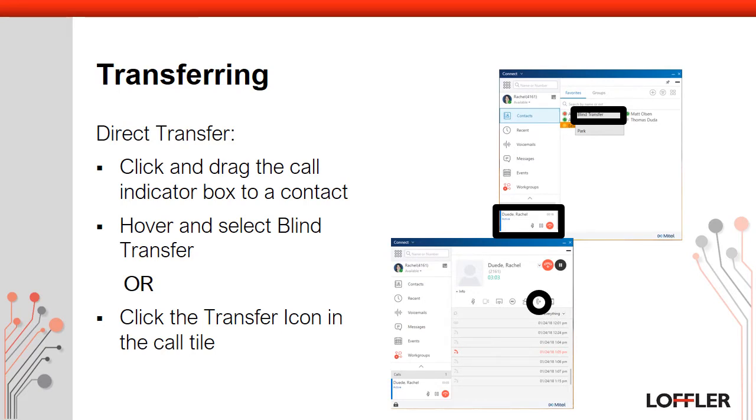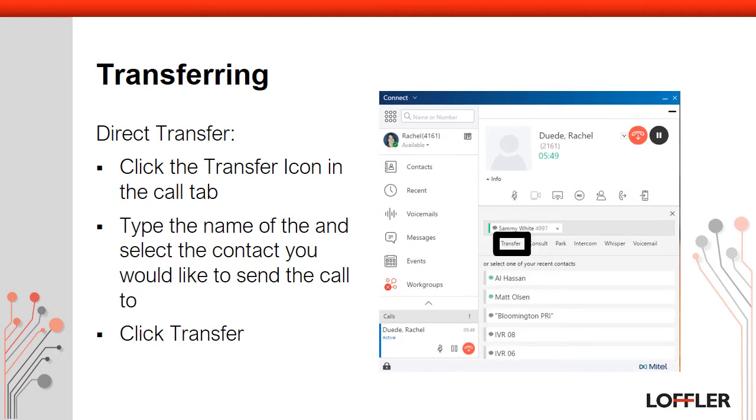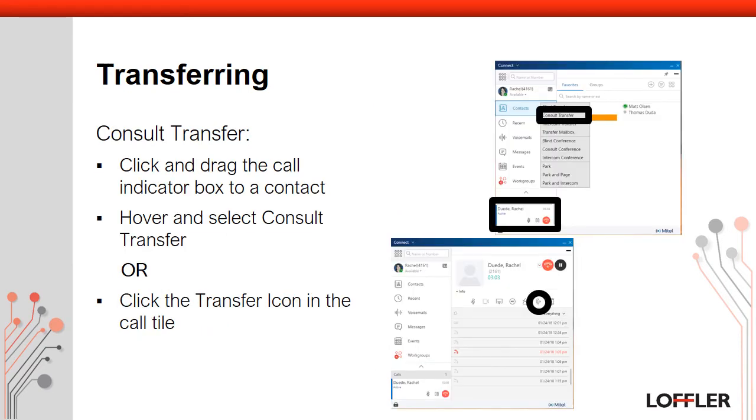Click on the transfer icon within the call tile. Type a name and select the contact that you would like to send the call to. Click on the Transfer tab and the call will be released. An operator can perform a drag and drop consult transfer by hovering a call over a contact and selecting Consult